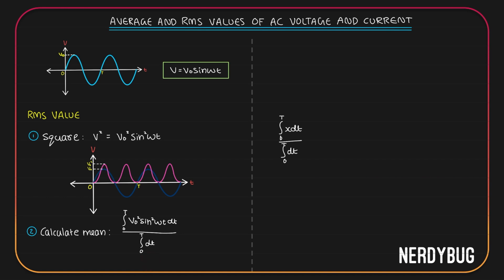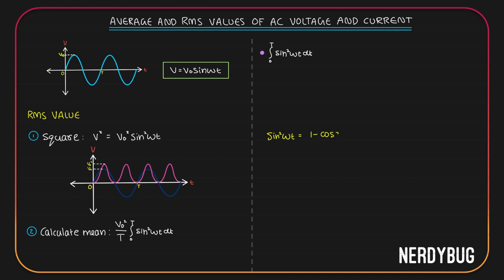Let us replace it by that. On the numerator, V naught square is a constant. Let us take it out of the integration. So this is basically V naught square by T multiplied by integral of sine square omega t dt across one time period. Let's try to find what is integral of sine square omega t across one time period. For that, we need to use a trigonometric relation. Sine square omega t is